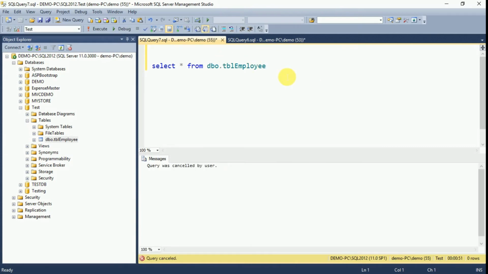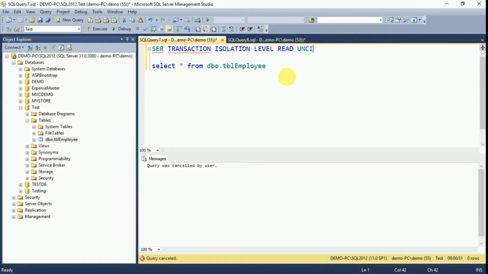Still we can access the uncommitted data by using this command, set transaction isolation level.